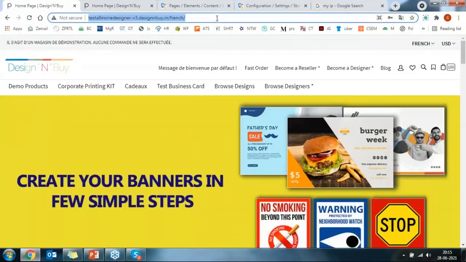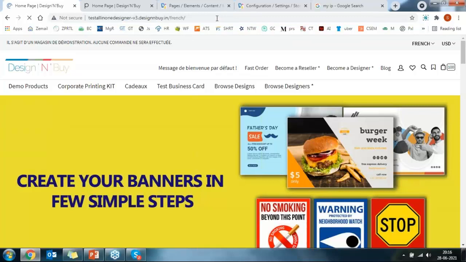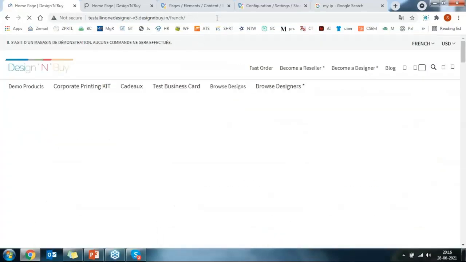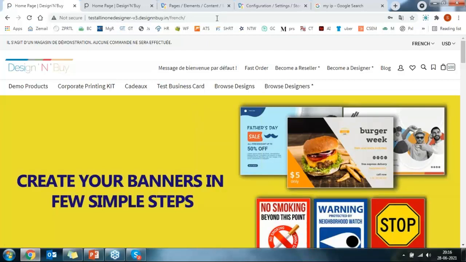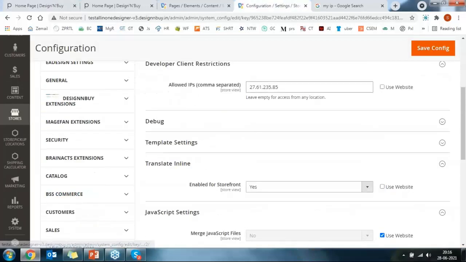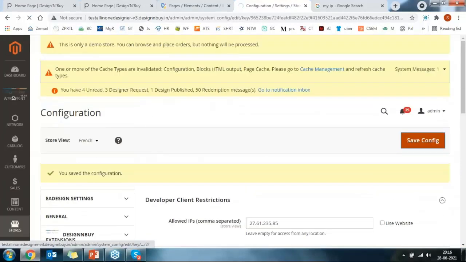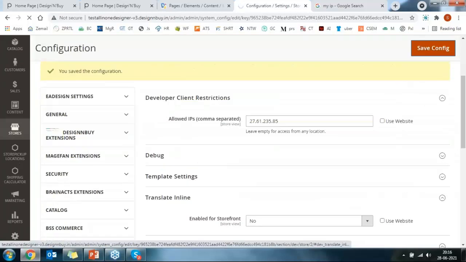So whenever you are enabling inline translation, if the site is not live and nobody is visiting, that's fine. You can simply keep it global and translate your website with the inline translation tool. But if the site is live and you think a few labels are still pending and you need to translate, you have to put your IP accordingly and translate it. One more thing,